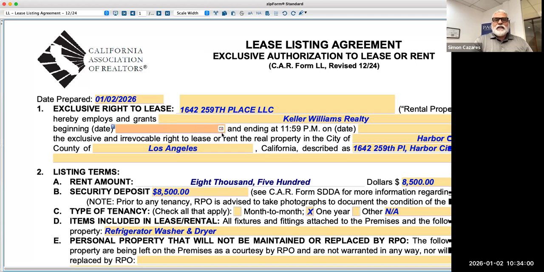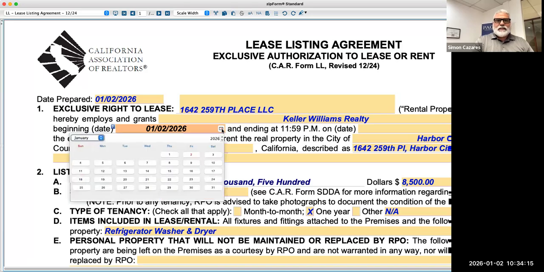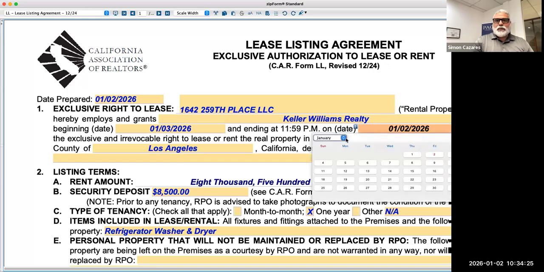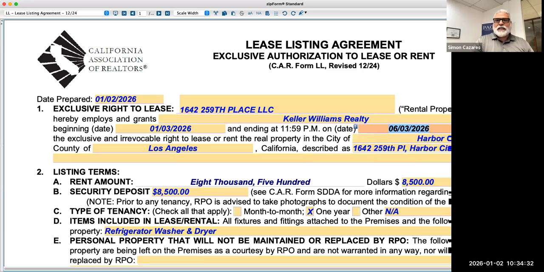Date that it begins. This is the date that you will start marketing the property, either a specific date or a future date, and that's where you're going to put it. So in this instance, we're going to say that the date will start tomorrow, January 3rd, 2026. And let's say it's a 6 month listing, so we'll go January to June, and we'll do the same thing, that it will expire on June 3rd,